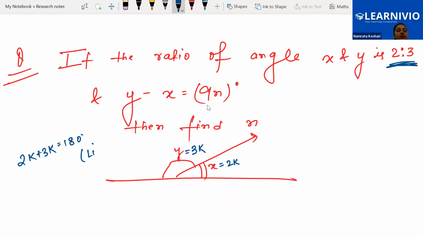Then we will see the condition. But at first we understand it's making a linear pair. Or suppose at first you have substituted the value over here, that is 3k minus 2k is equal to 9n. Okay. Then you will realize that the n value we have to find is coming in terms of k. So k we can find from here. 5k is equal